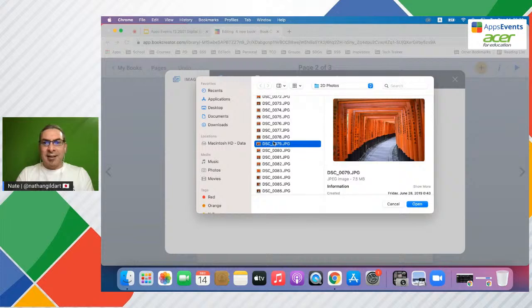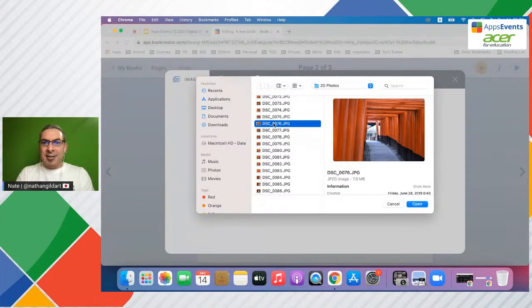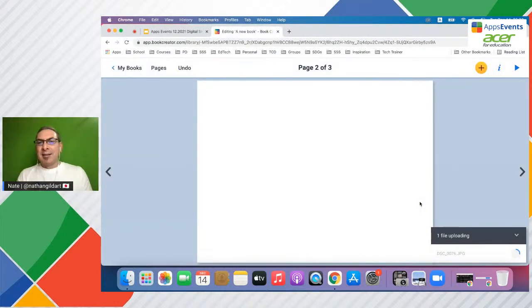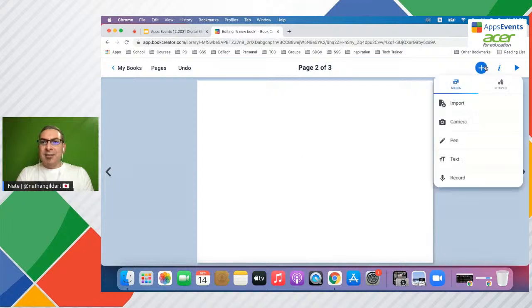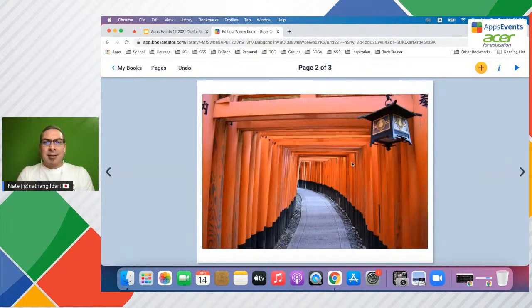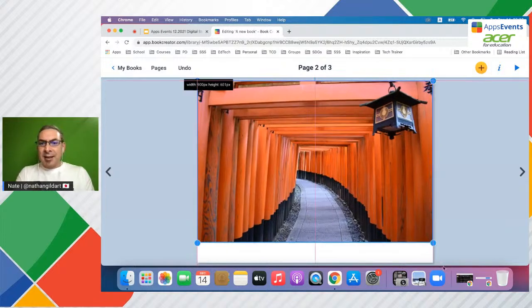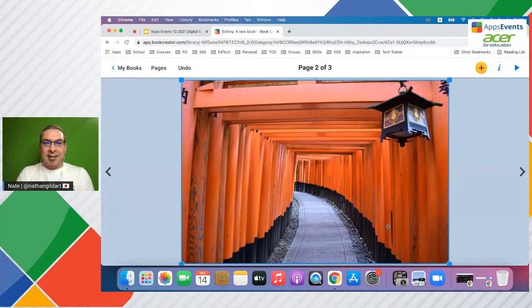In fact, I think that one looks, yeah, I kind of like the lantern hanging there. Yeah, let's go with that one. All right, so I'm going to put that in there. And let me see if I want to put in, yeah. You know what? I think what I'm going to do is show you the comic feature in a moment. Let's put this in. And I want to show you, you've seen how you can put text in and that kind of thing, but I want to show you the camera feature. Let me just lock this.